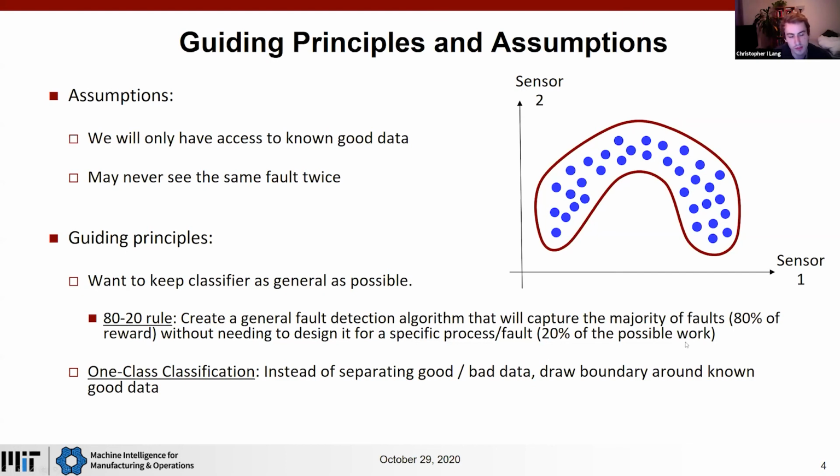This is about 20% of the possible work. We don't want to design it for each individual process and each individual fault, because that would just be way too much work. So what we end up doing is something called one-class classification, where instead of traditional multi-class classification, where you try to separate two different classes of data, we just try to draw the tightest boundary that we can around known good data. So if this is the data in this multidimensional space, we just want to draw this boundary around what's known good. And if a new incoming point falls within this boundary, we classify it as good. And if it falls outside, then we classify it as